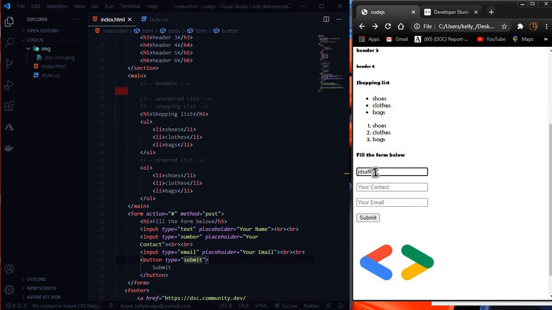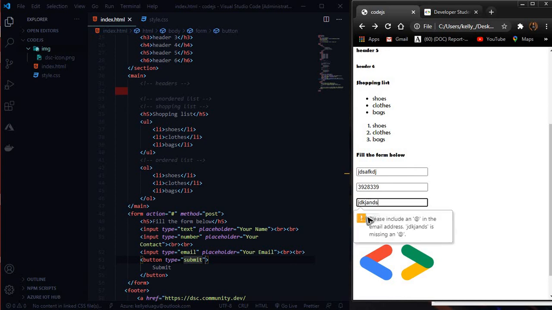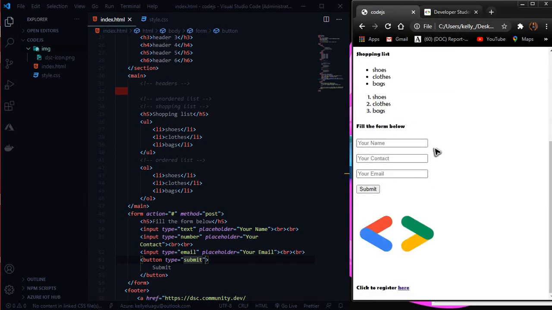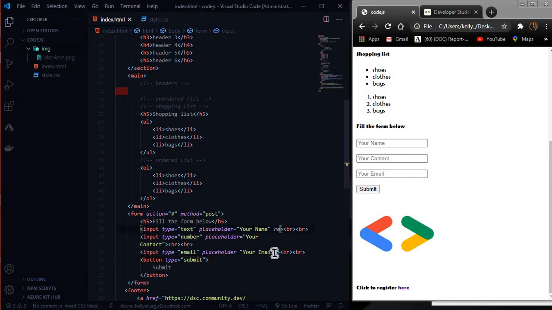So I fill my name, my contacts, and my email. Guess what? It's not going to submit because I haven't inputted the right email. So it's submitting because we said it should be a method of post and a type of submit. But if we are to make this required,